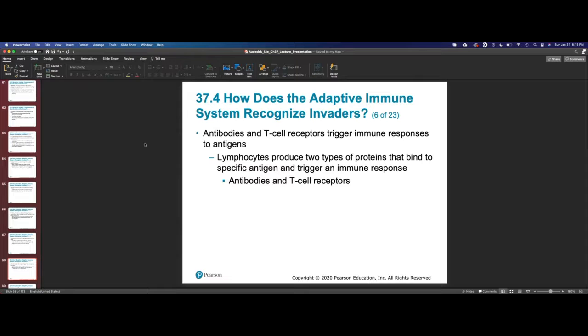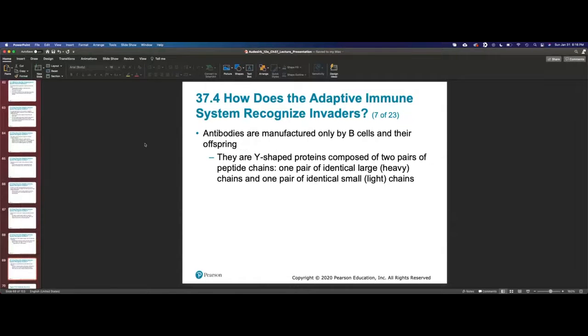So lymphocytes produce two types of proteins that bind to specific antigens and trigger an immune response. That's going to be antibodies, which are produced by B cells, and T cell receptors, which involve T cells. And so the big difference is B cells are going to produce basically antibodies. Traditionally we kind of think of everything as an antibody, but it's specifically a Y-shaped protein that binds to that antigen, that external cellular protein that is presented,